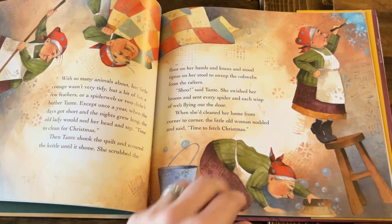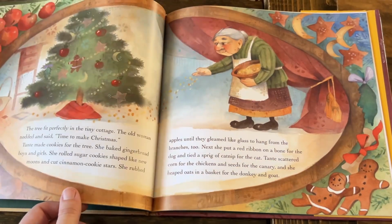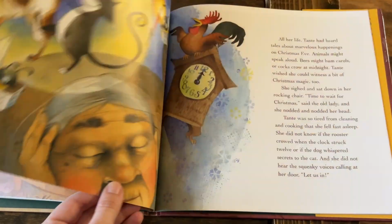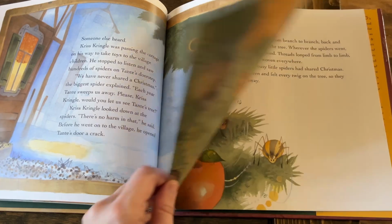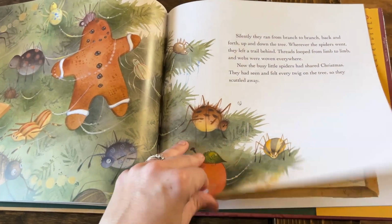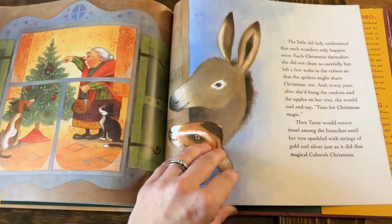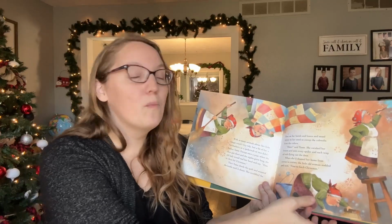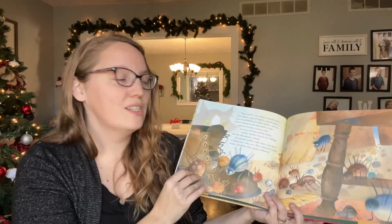All of these places share a similar type of story of how tinsel became part of the Christmas tradition. And it's all about this story of Tanti. Tanti is this little old lady who's all alone, and she is going to decorate for Christmas. And really her true friends are the animals. I won't ruin the ending of the story for you guys, but just know